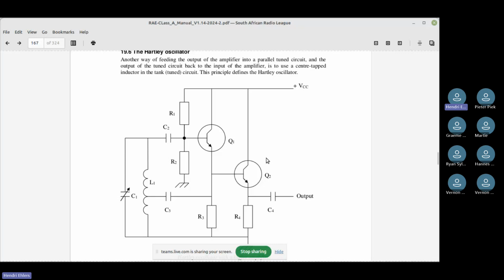Then here's another type of oscillator. Now, what makes this one unique is the auto transformer or the center tap transformer, and that's how you identify it. They also call it a parallel tuned circuit. And once again, they feed the output back into the amplifier stage, which is these transistors over here.